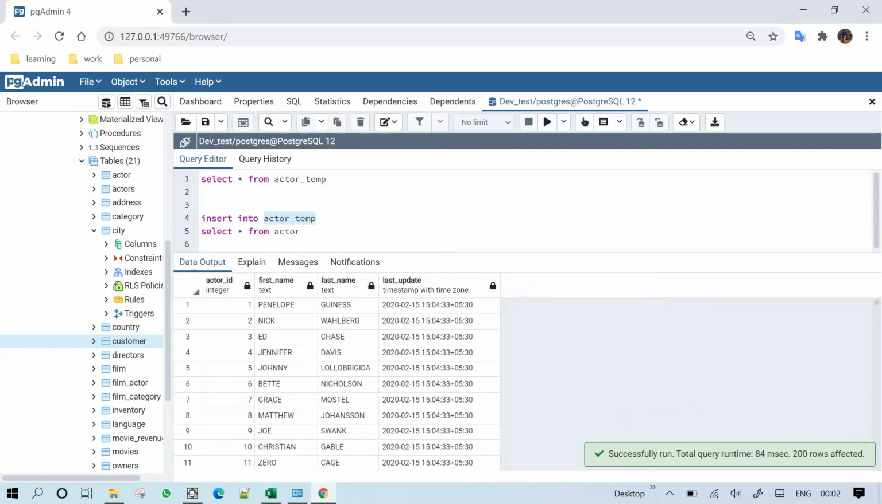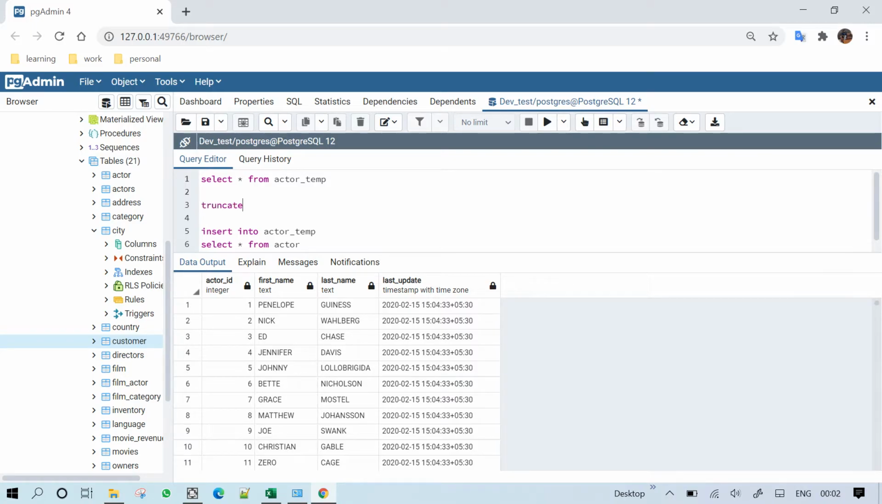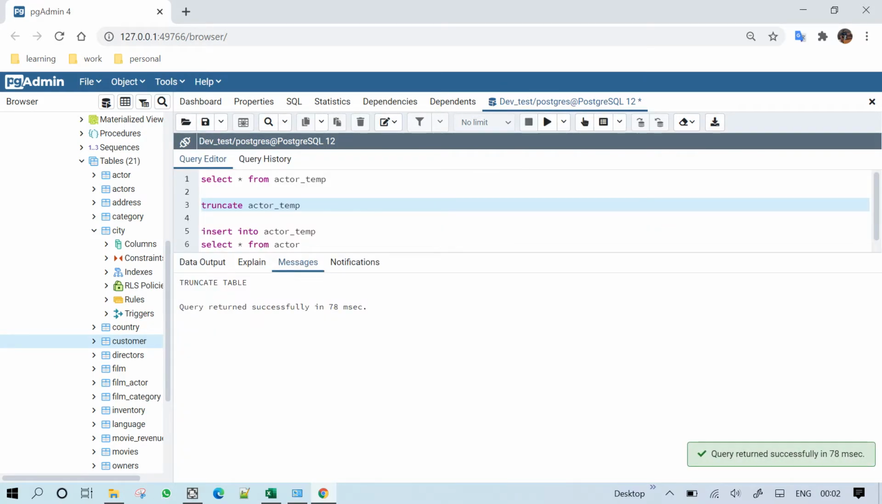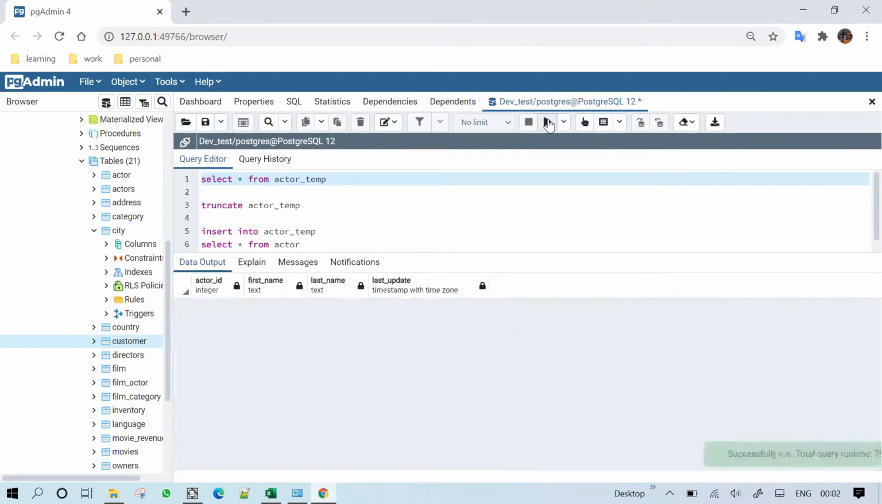Now I am going to truncate in this table. A table. The database entire record is daily truncated. Yeah, basically